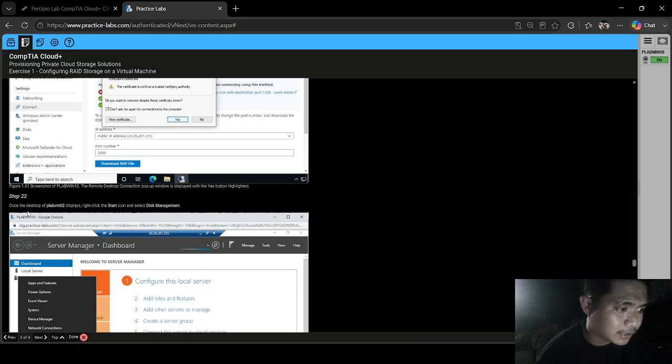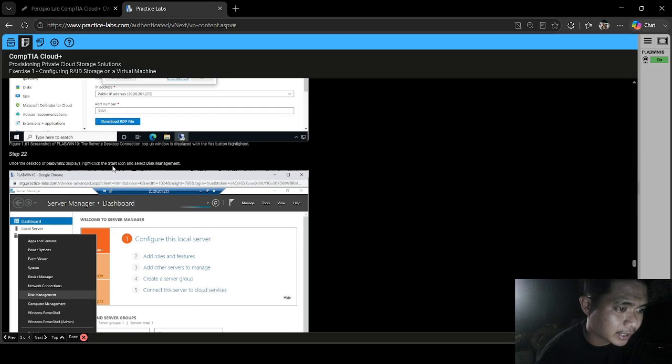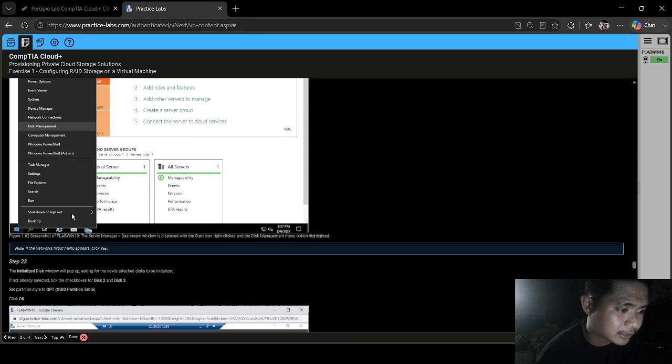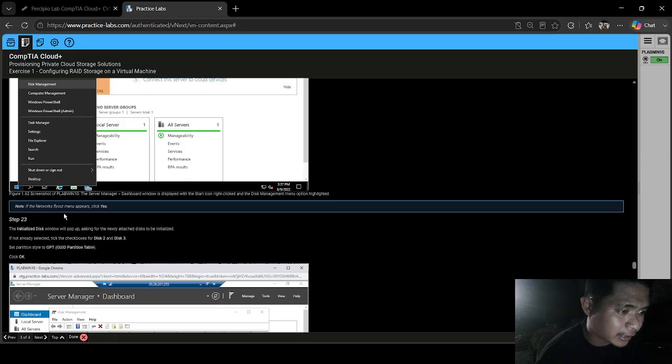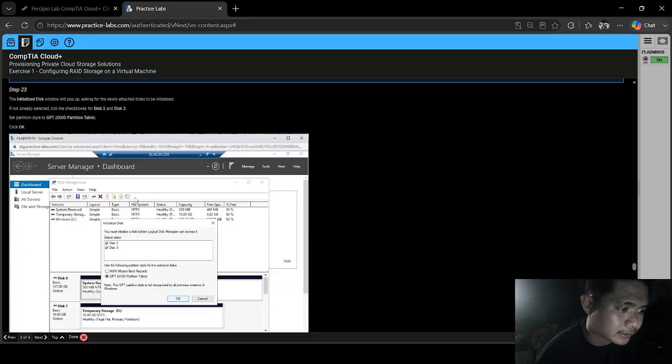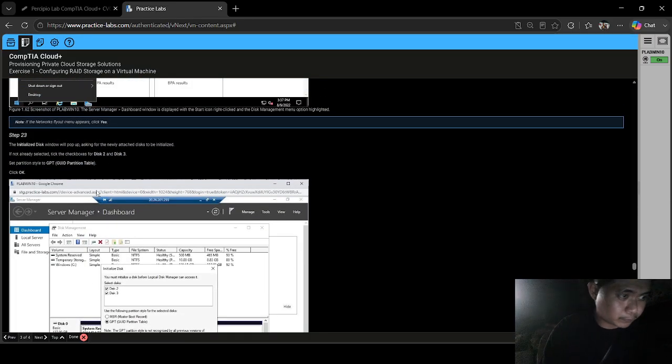On the remote desktop connection, you will see a pop-up like this and click yes. Once you click yes, on the server's desktop, right-click the start icon and select disk management. If the network layout menu appears, click yes. If you see a prompt like this, click yes. So step 23,